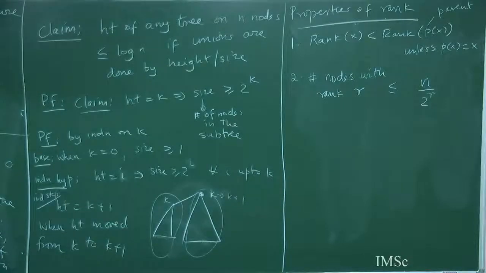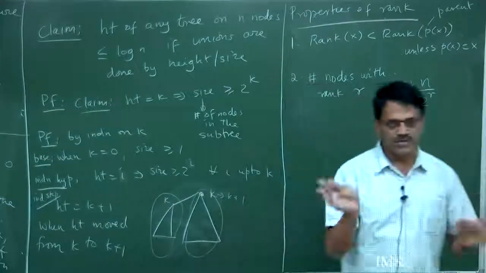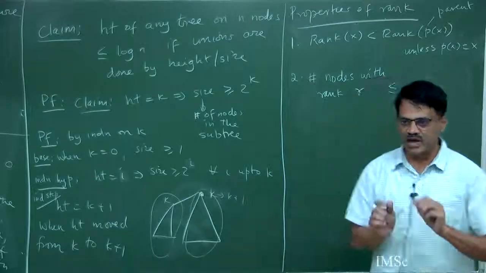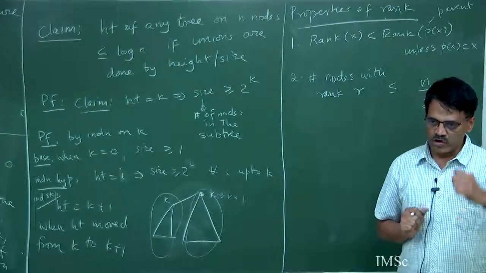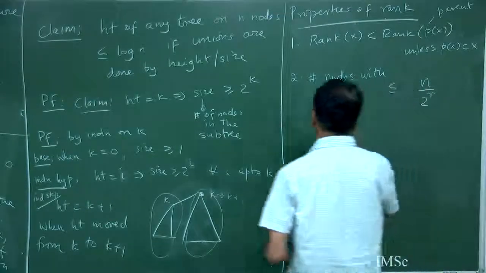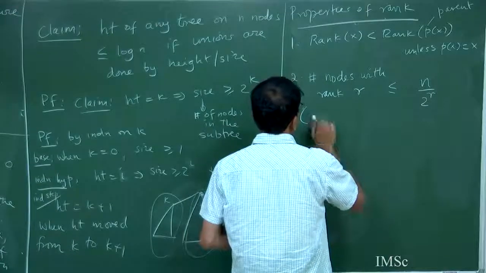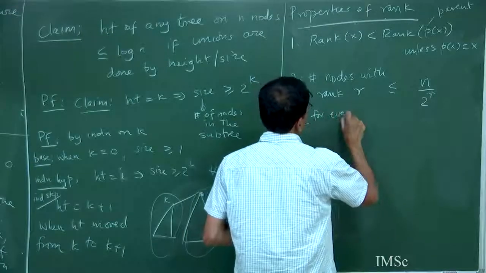Okay, otherwise the rank is just a number associated with every node. It roughly corresponds to height, but path compression can move things around. But think of it as just a number associated with every node. Okay, so number of nodes. So the proof is that for every node with rank r,